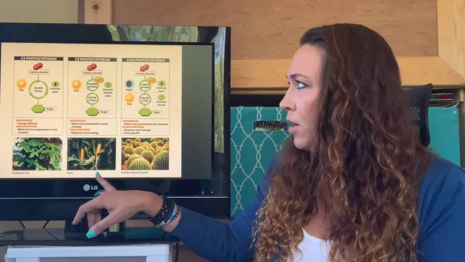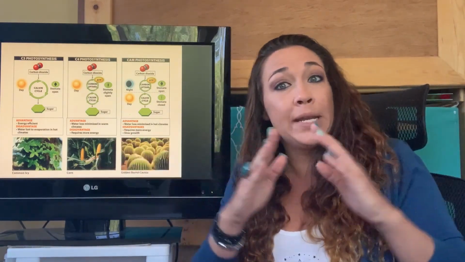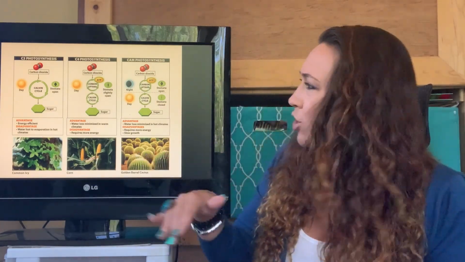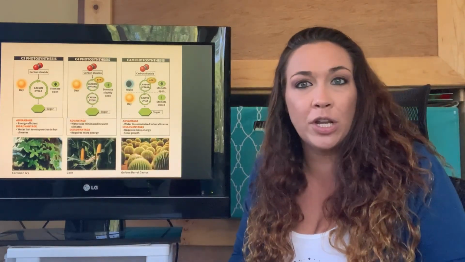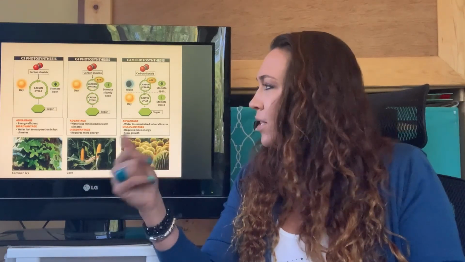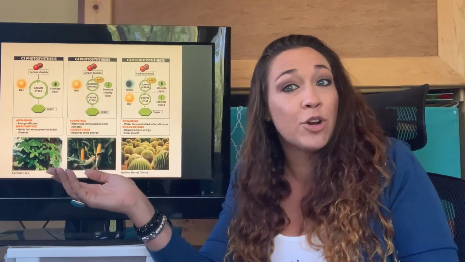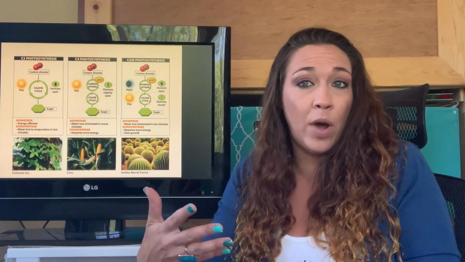Now, things like corn usually live in warmer climates, and therefore they keep their stomata partially open. So it's not completely open, but it is still open enough to do photosynthesis during the day. This requires a little bit more energy because you kind of have to wait on your carbon uptake. If you're maintaining this opening and closing of the stomata, it's going to cost more energy. So this necessarily isn't the most energy efficient way, but you definitely conserve your water. So things like corn that actually need a lot of water are still going to be able to grow pretty well because they keep their stomata only partially open.